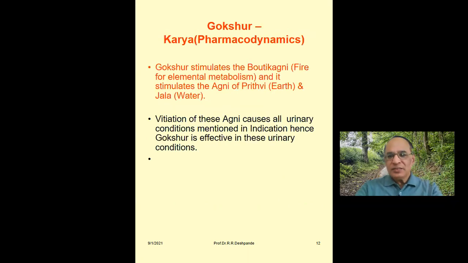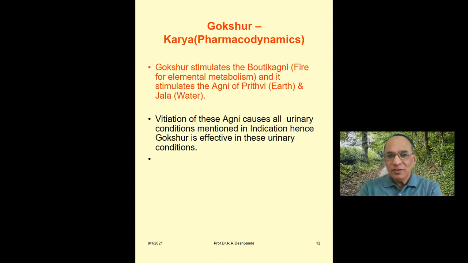Gokshur Karya, or the pharmacodynamics. Gokshur stimulates the Bhautika Agni. Try to understand, there are three levels of Agni or the digestion fire. One is the Jatharagni, central fire in the GI tract. Then Dhatvagni at the tissue level, and Panchabhutagni, which digests the five basic elements Prithvi, Jala, Tej, Vayu and Akash